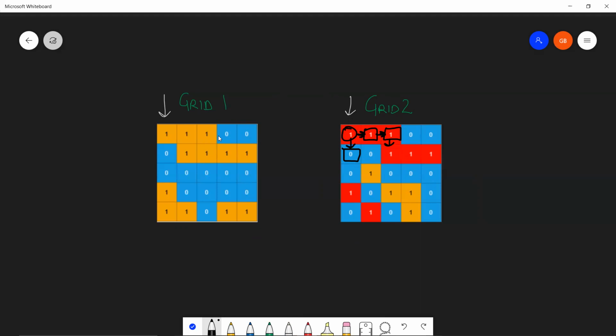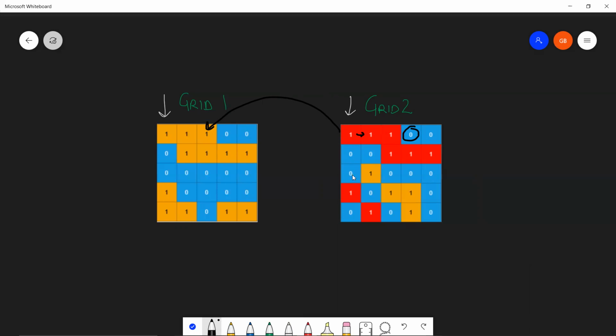So I hope the explanation of the problem was clear. I'll repeat it in a very short summary form once again. You're going to perform a DFS traversal on grid 2. You're going to find the islands, and you will traverse on these islands if and only if they're not out of bounds, you don't step on a 0, and the corresponding location in grid 1 is 1, right? If you are able to find such an island, you'll return true, right?